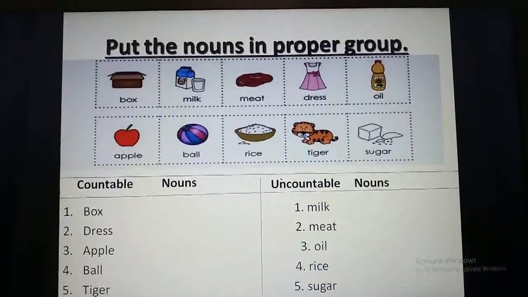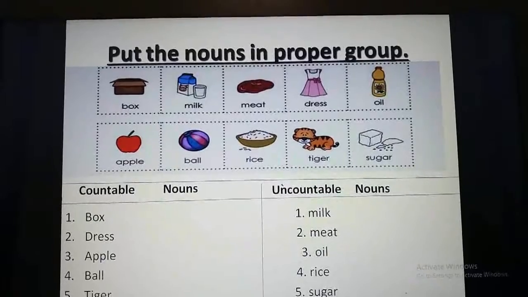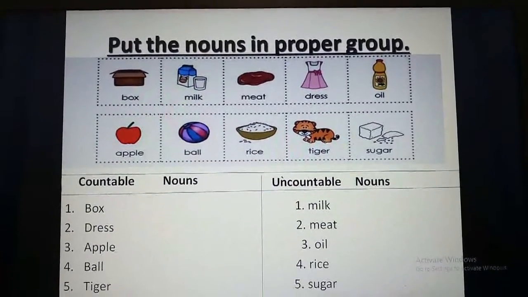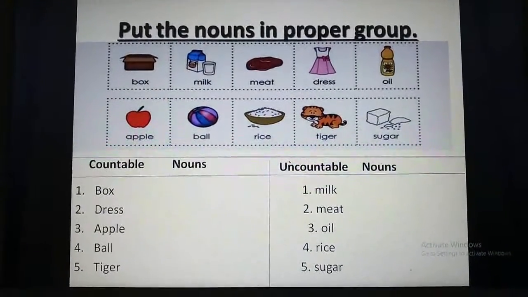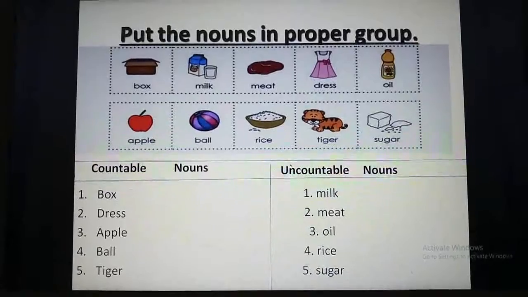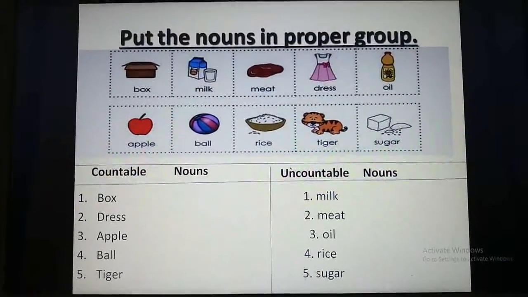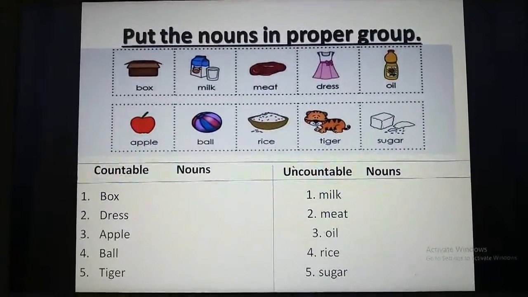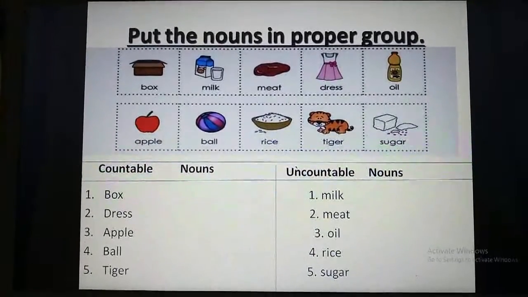Can we count 1 oil, 2 oil, 3 oil? We can count the bottle but we cannot count oil. So oil will come in uncountable nouns. Apple. Yes, apple we can count. 1 apple, 2 apples. So it will come in countable nouns. Ball. Ball also we can count. 1 ball, 2 balls, 3 balls. So ball will come in countable nouns.